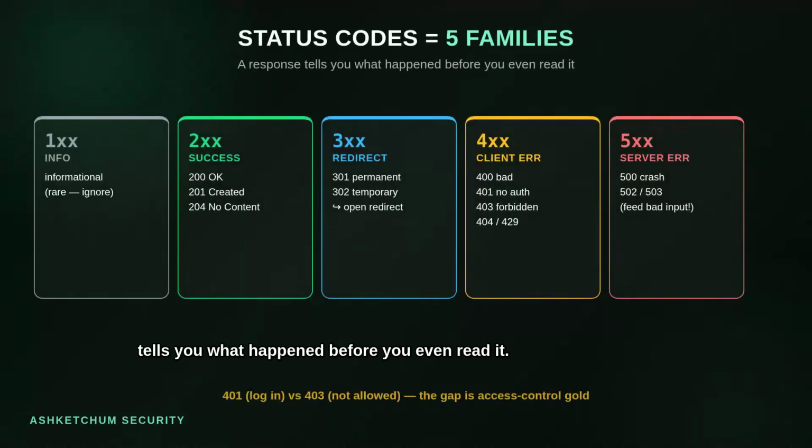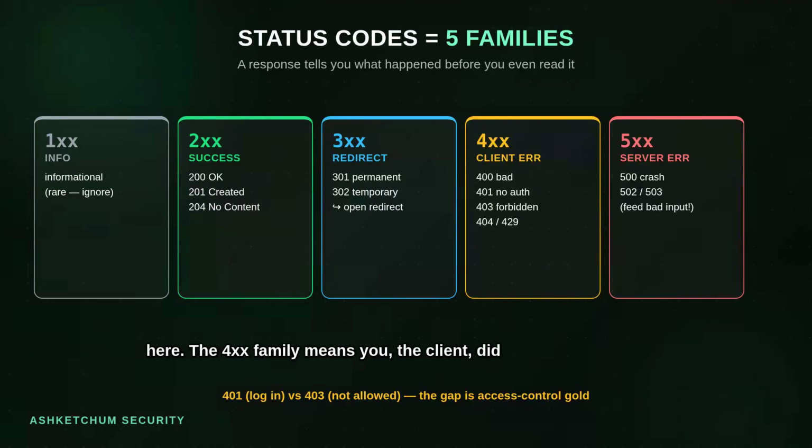The 1xx family is informational, rare, mostly ignore it. The 2xx family means success, 200 is okay, the classic. 201 means something was created, 204 means success but no content. The 3xx family means redirection, 301 is a permanent move, 302 a temporary one, and open redirects, a real vulnerability,